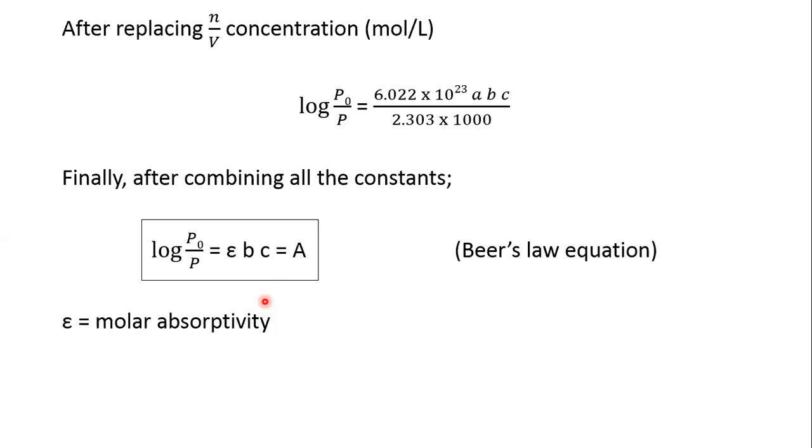Now when we plot the relationship between absorbance and concentration, as we have discussed that absorbance is directly proportional to the concentration, it must give a linear relationship. In most cases the linear relationship is observed, but sometimes it is not observed. This causes some deviations from Beer's law, and we are going to discuss those deviations in the next class.